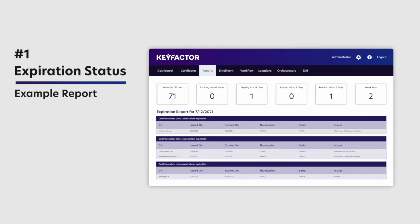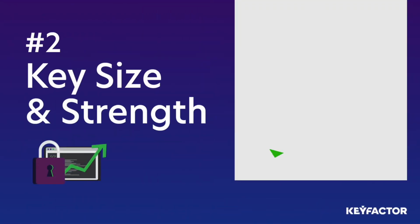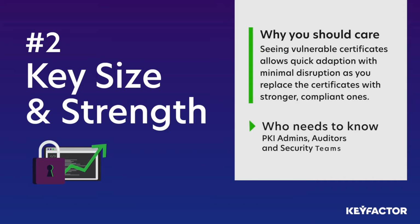We do see the expiration of certificates being a leading cause of people starting to even investigate doing certificate lifecycle management. Unfortunately, a lot of times it's an outage that brings the importance of certificates to the front of executives' minds. The reality is that algorithms are evolving with all these advances in computing, right? So as they do, you've got to make sure you're able to adapt quickly with minimal disruption in your